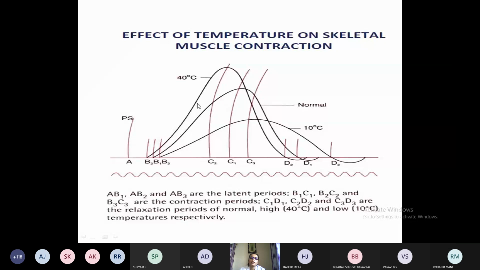Here it requires the same setup that we used for the simple muscle twitch. There we require the gastrocnemius muscle with intact sciatic nerve, the student kymograph, rotating drum, and electric supply. Along with that, the important factor is Ringer solution of different temperatures. Ringer solution is the solution which is used to keep the normal nutrition for the gastrocnemius muscle which is removed from the frog.